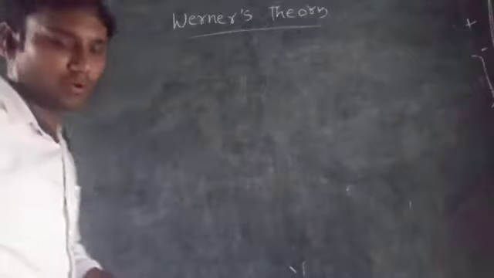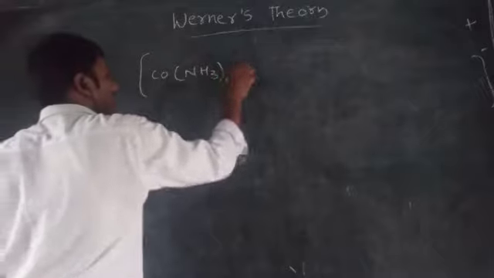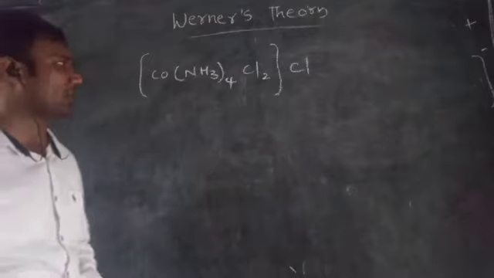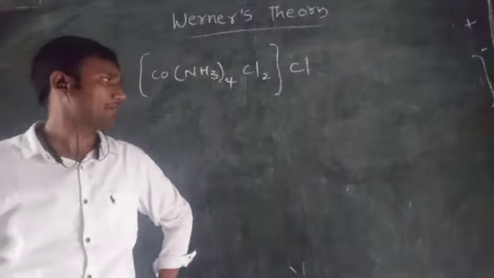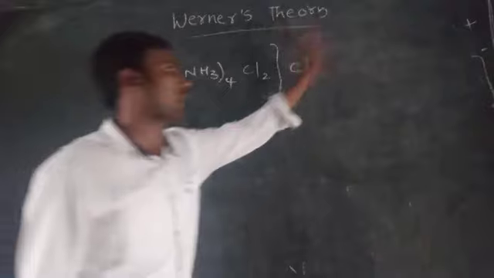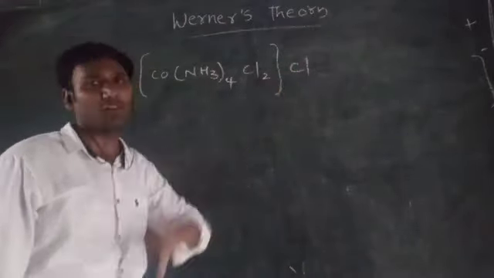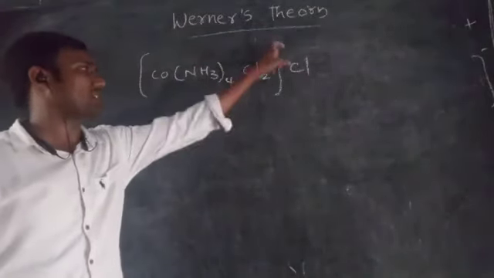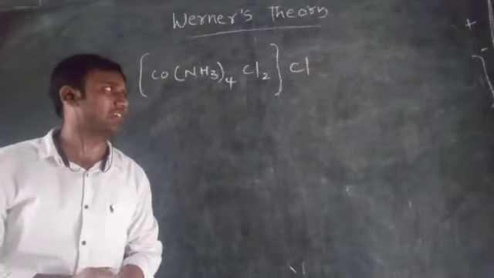One more example, that is [Co(NH3)4Cl2]Cl. Now within the coordination sphere 2 chlorine atoms are present. Outside the coordination sphere 1 chlorine atom is present. We can say directly that the species present outside the coordination sphere will be ionized and the coordination sphere is completely one ion. That means only 2 ions are possible when it is dissolved in the water. One is Cl minus, and one is the complete coordination sphere, which has positive charge while the Cl has negative charge. So 2 ions are released when it is dissolved in the water.